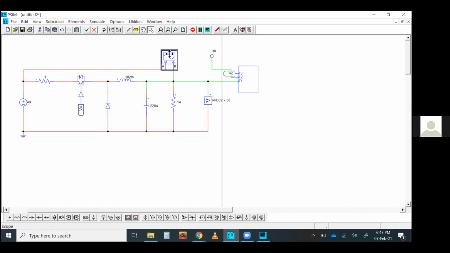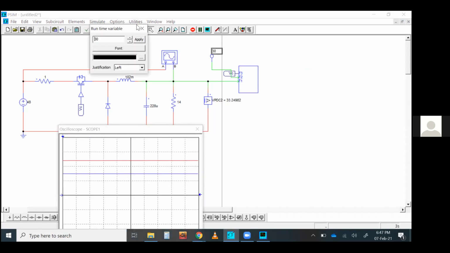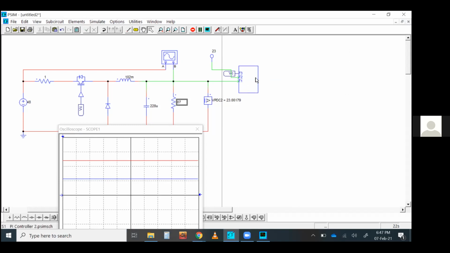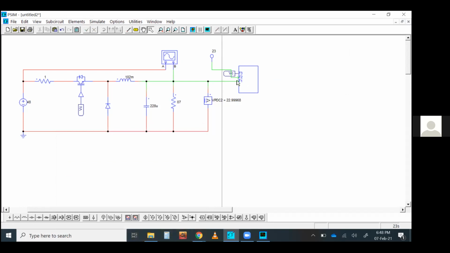You run the simulation now. From here you can change the voltage, whatever voltage you want. The converter will give you exactly the same voltage. You can change the load, put any load you want. It doesn't matter. The controller will do the tracking and regulating for you. And for the controller, you can set the parameter. You can do some fine tuning later by using the smart control block available with this PCN. You can see this icon here: run and export to smart control. That's one thing.